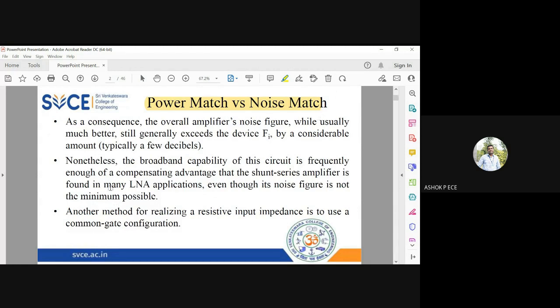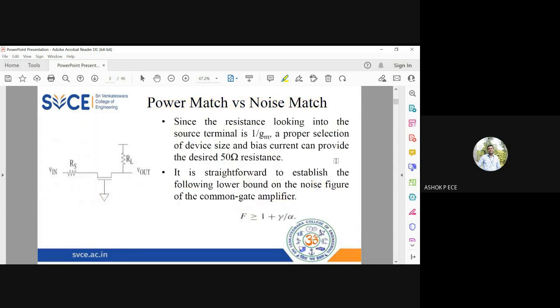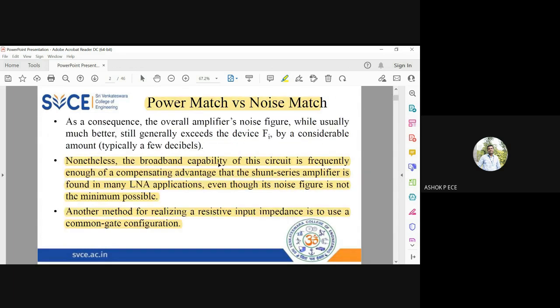Okay. And when you go for a broadband amplifier, use this when the LNA is going to be a broadband amplifier. Even though the power match is possible, matching the noise or keeping the noise figure minimum is not possible. So one method of achieving that is to use a common gate configuration, or it is similar to